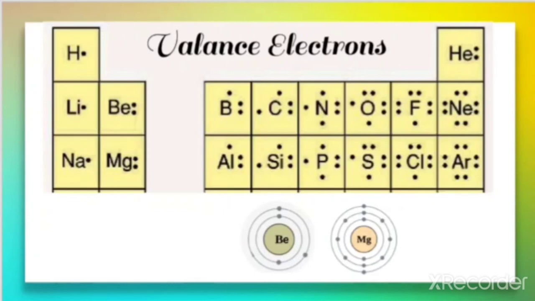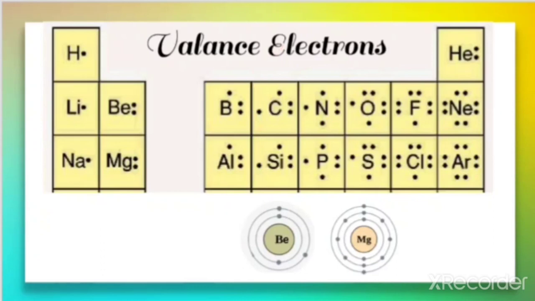So here, I have made the dots. The dots represent the number of valence electrons. In this case, hydrogen, lithium and sodium: you can see one dot I have made already. So what is that dot representing? The valence electron. For beryllium and magnesium, look here. For these beryllium and magnesium, there are 2 dots. So the valence electron is 2. For boron and aluminium, the number of dots which I have kept here is 3. So the valence electron is 3.